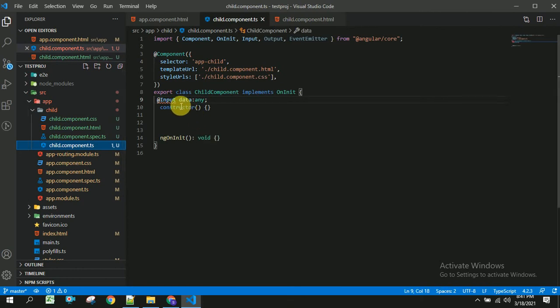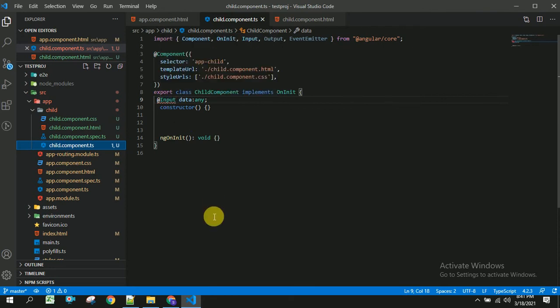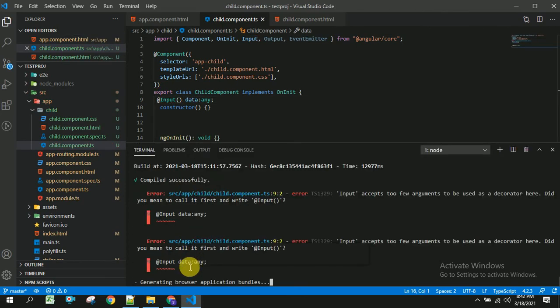So we have got some error. Type something. So we have missed some parentheses, I think. Yeah. So it is compiling.